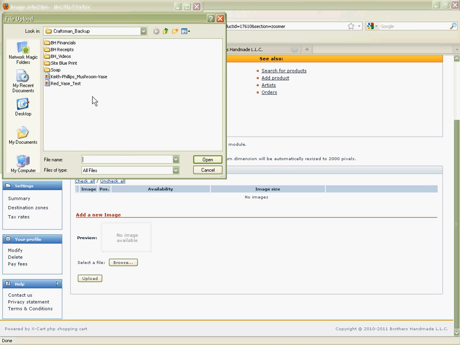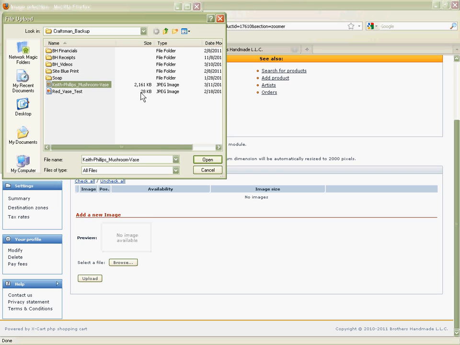And this can be a fairly large image. In fact, you do want it to have a lot of resolution. In this case, it's a 2000 kilobyte or 2 megabyte picture, and you can even use much higher than that. 5 megabyte pictures are fine as well. So I'll use this 2 megabyte picture